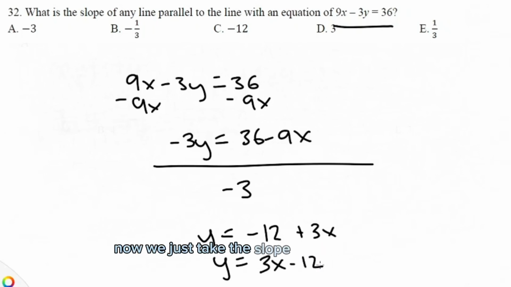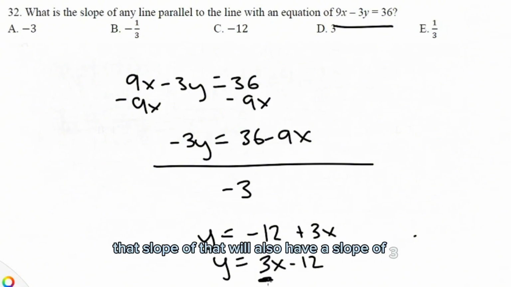Now we just take the slope of this equation, which is the value in front of x, so 3. So since this is the slope of this equation, that means the parallel lines will also have a slope of 3. So that's your answer. Next, if the number 50 is decreased by 40%, and if that result is then increased